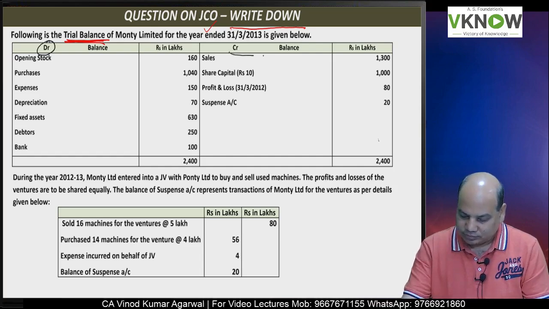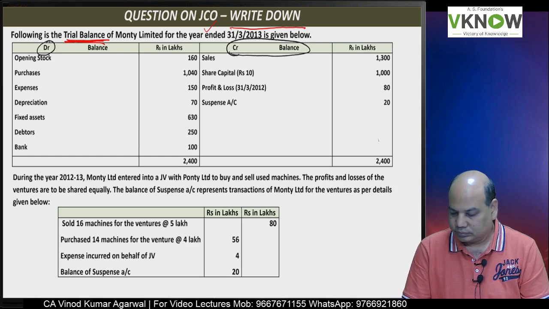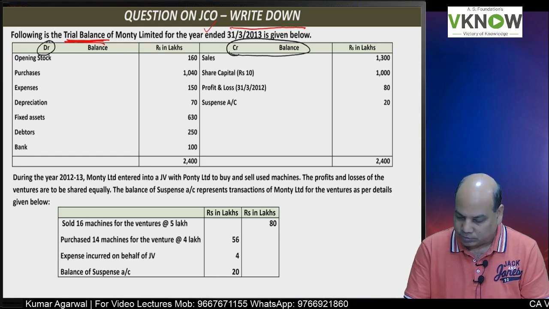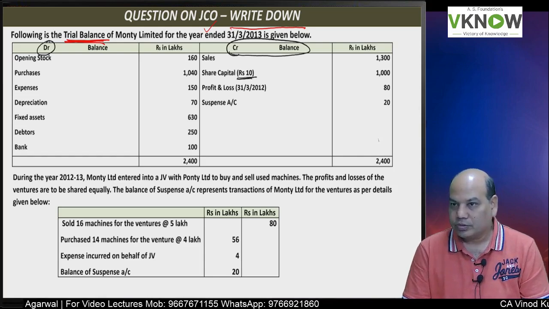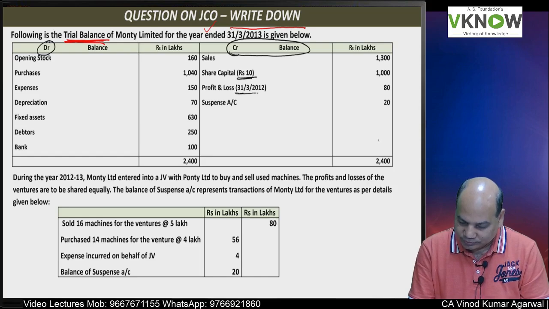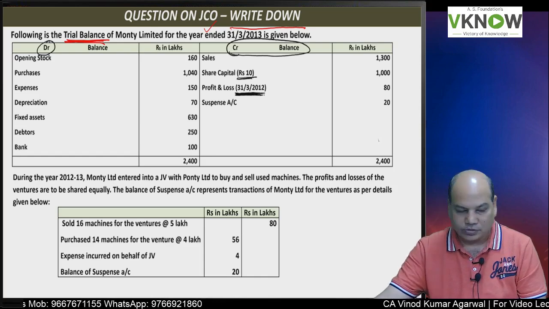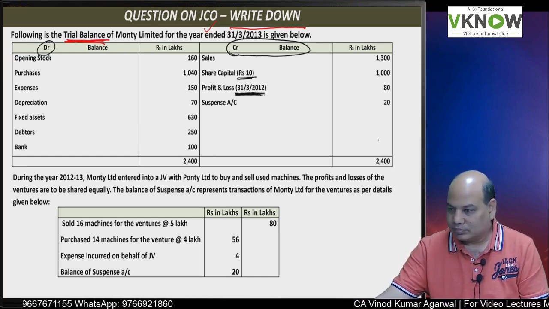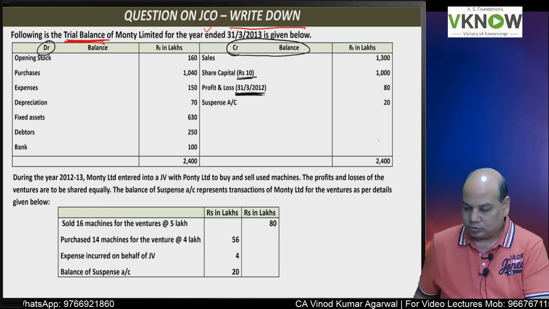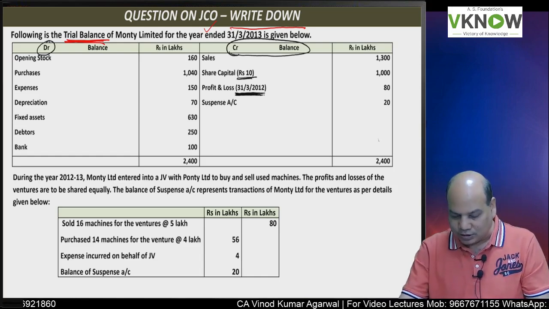Credit balance side, write down fast: sales 1300, share capital 1000 in bracket of rupees 10 each, share capital rupees 10, profit and loss account 31st March 12, 80, suspense account 20, total 2400. During the year 2012-13,